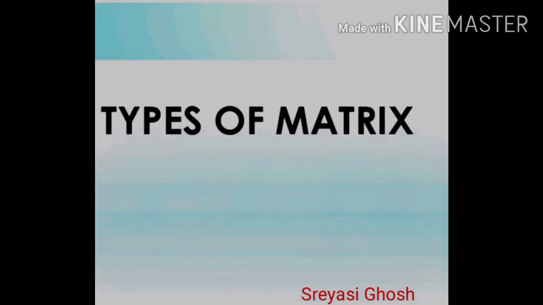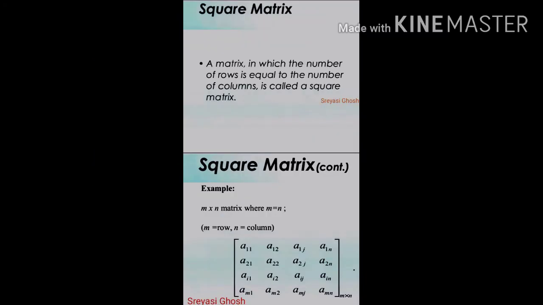Different types of matrix. The very first basics were discussed in the previous one, but we'll have a recapitulation of that as well. The first type was a square matrix, where the number of rows becomes equal to the number of columns, that is, an m cross n matrix. There m becomes equal to n. So we have that as a square matrix: 1 cross 1, 2 cross 2, 3 cross 3, 4 cross 4. Any such matrix is a square matrix.